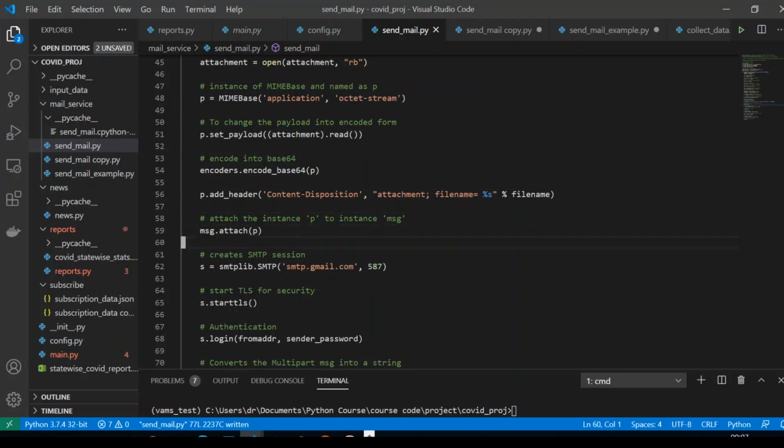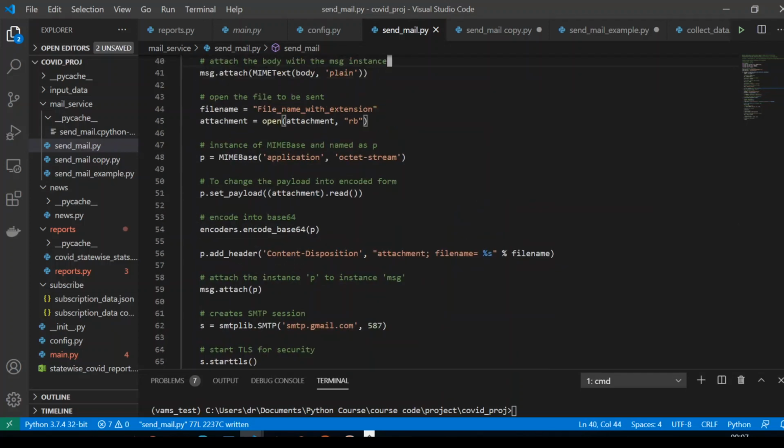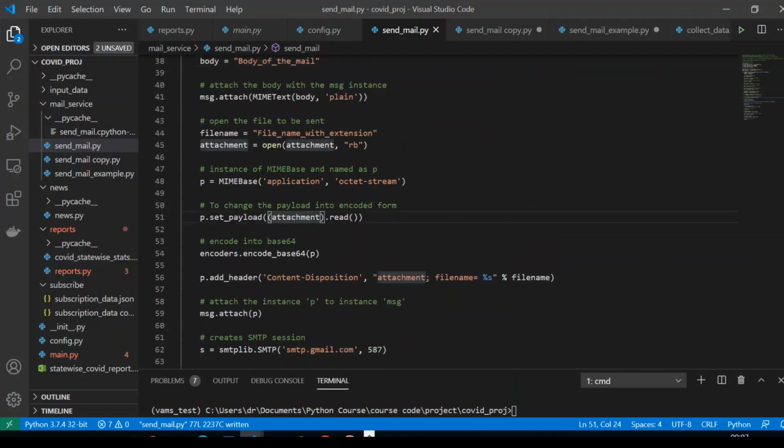Set attachment read. I'm creating an object and then setting the payload. You don't have to write all of this line by line; you just pick it up and understand what it is. And then there is encoding. This is a common encoding used in order to send mail.